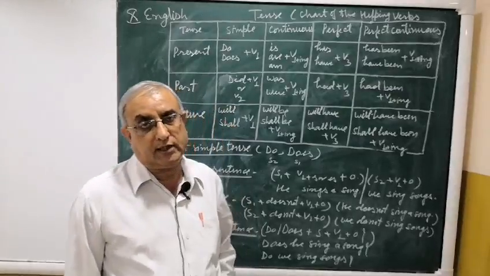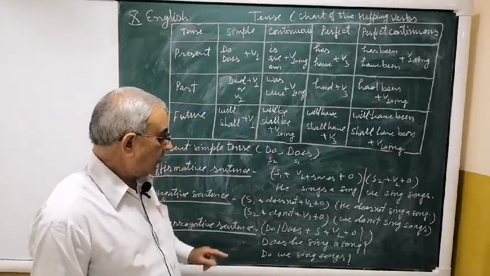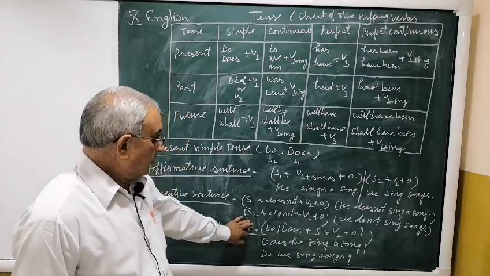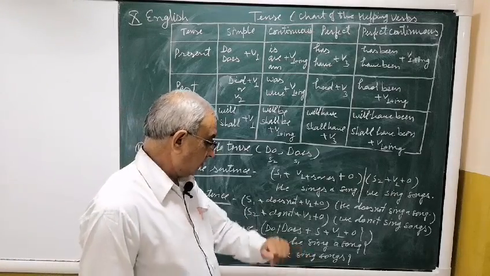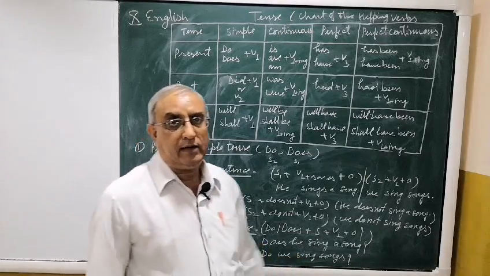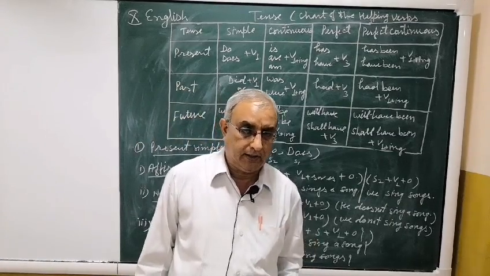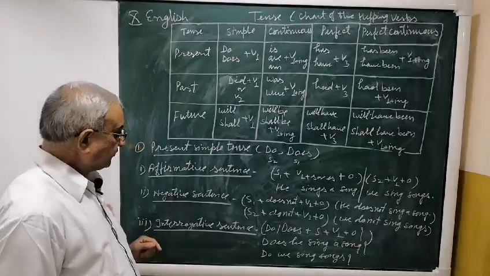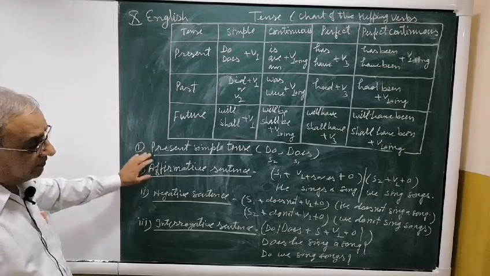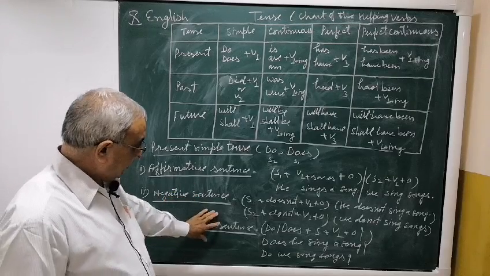We can make an interrogative sentence by using a WH word also. First of all, we use the WH word before this pattern. Suppose I am using the WH word why. So add here: why does he sing a song? Add the WH word how: how do we sing songs? So when we use any WH word before a helping verb, the sentence becomes interrogative. So these are the patterns for present simple tense: affirmative sentence, negative sentence, and interrogative sentence.